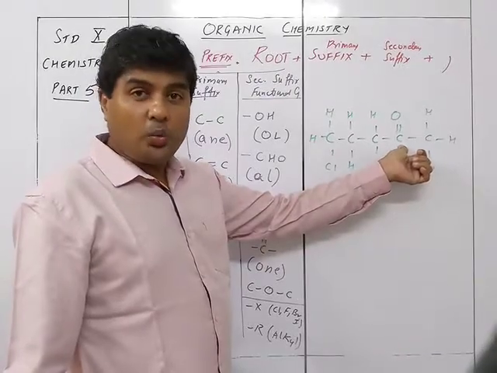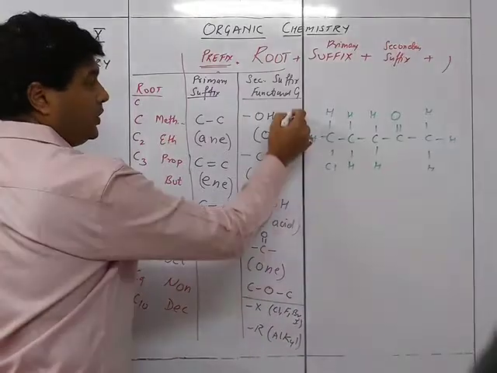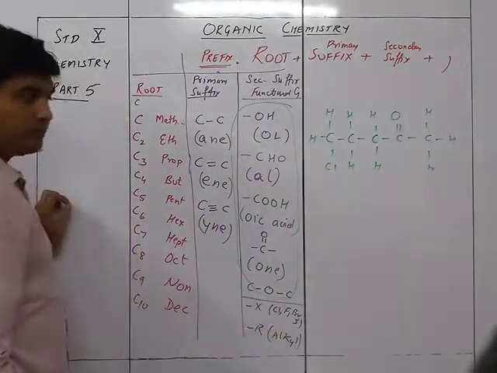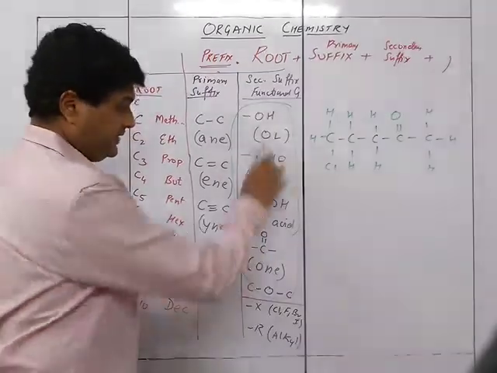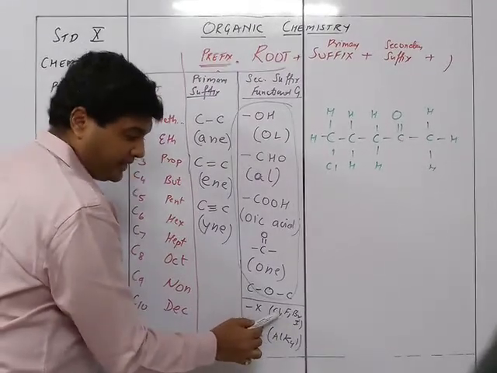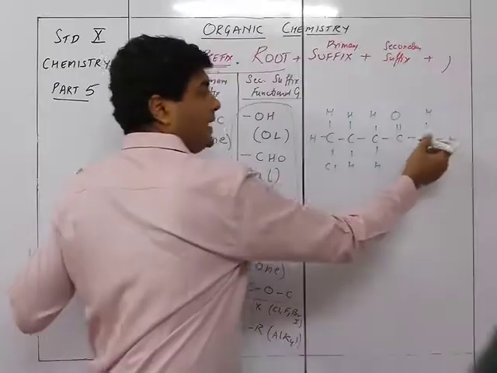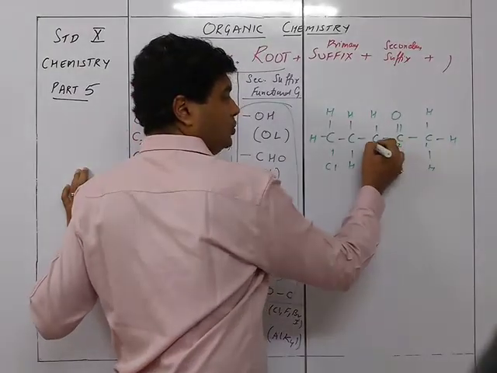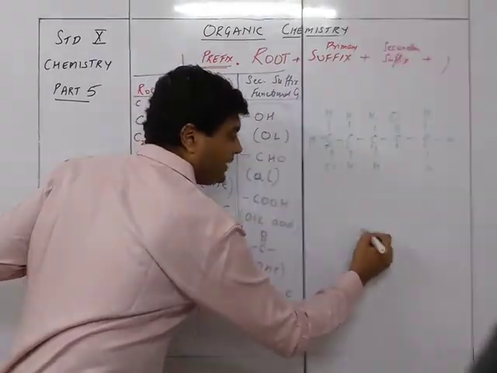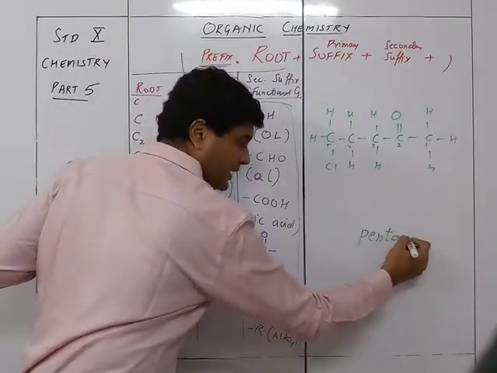But always we are going to take these ones. These ones will always be given more priority than these ones. Okay? Of course, between these two, this is given priority. But between these and these, this is given priority. So accordingly, my number will start from here. 1, 2, 3, 4, 5. So it is a pent, so it will be PEN. It will not be ene, what will it be instead? It will be ane, and after that